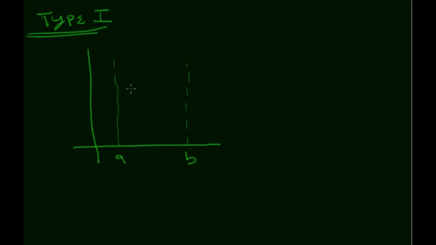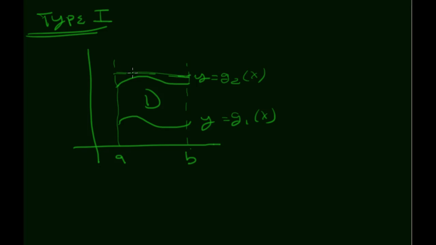Now, D is going to be a region running from A to B, bound between two functions. One is y equals g sub 2 of x, and the other is y equals g sub 1 of x. So this is D. I'm going to imagine that R is some rectangle here, which is surrounding D. If I do that, the double integral over D of f of xy dA